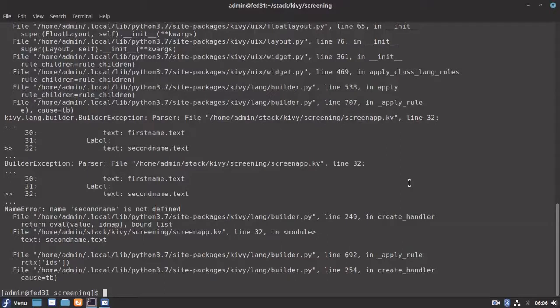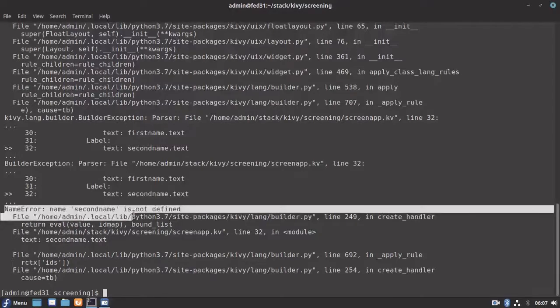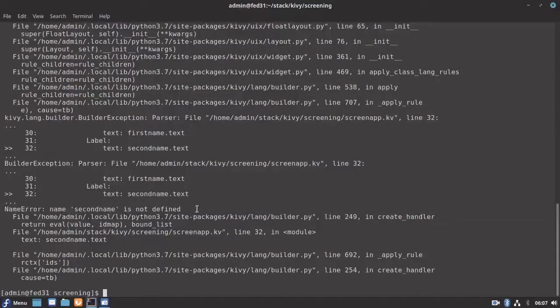Okay, so let's see if there is some error. There is some parse error in our KV file. It is showing name error, second name is not defined. Let's see what exactly is wrong with our KV file.